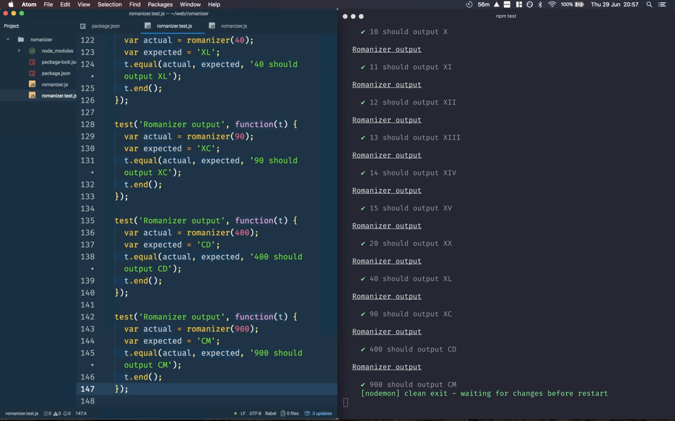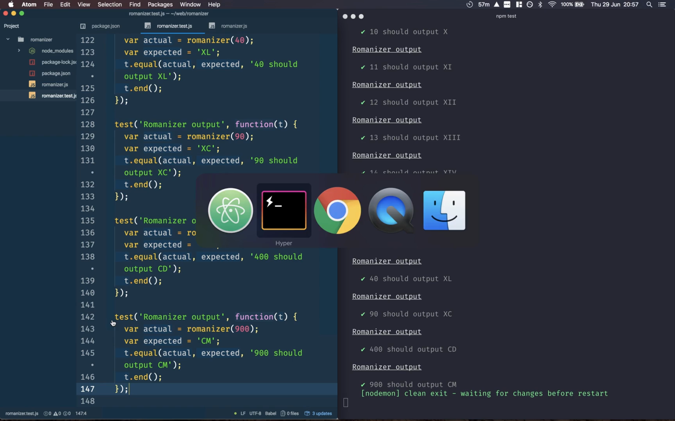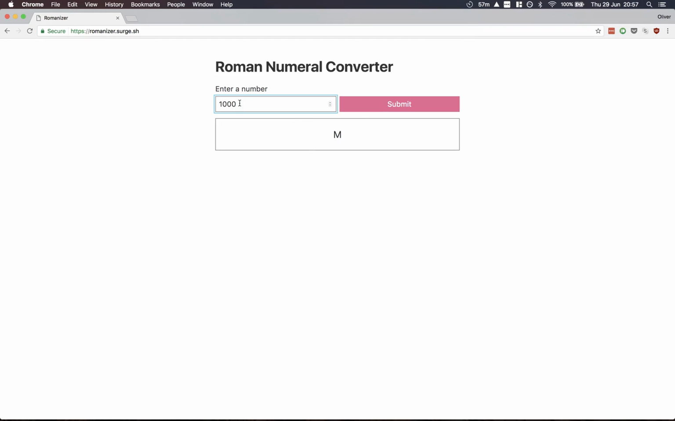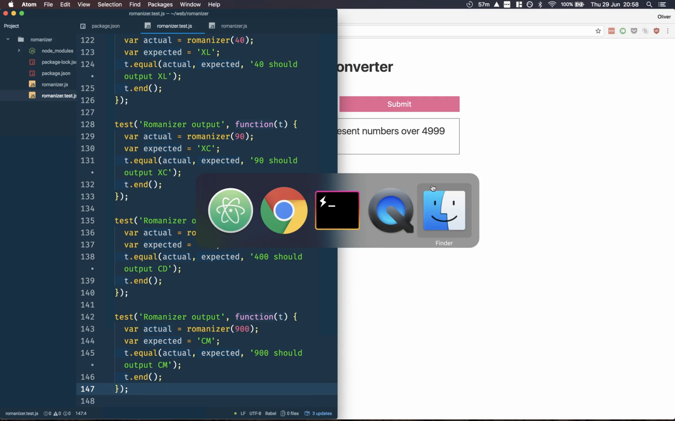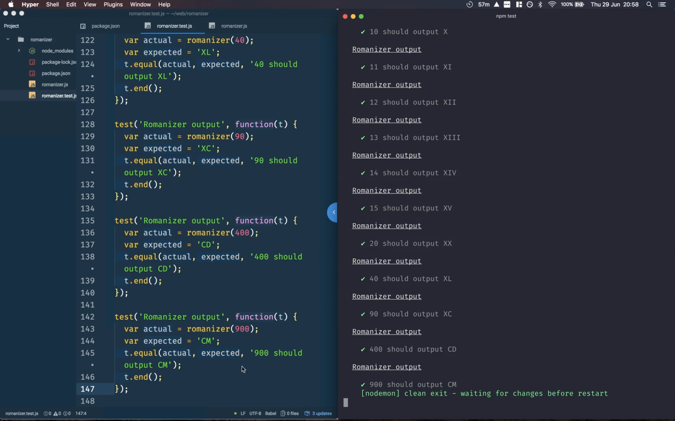5000. Now, there isn't actually a value for 5000 as far as I'm aware in Roman numerals, which is kind of a problem, which is why in the final result here I'm just sending an error message back, because there isn't really an easy way to represent any other numbers. The Romans didn't go that high as far as I'm aware, so I think maybe we can leave our tests